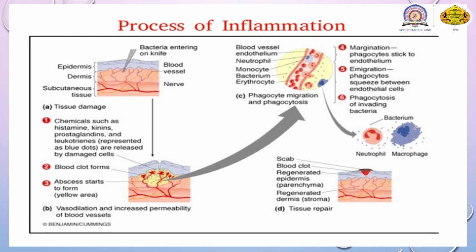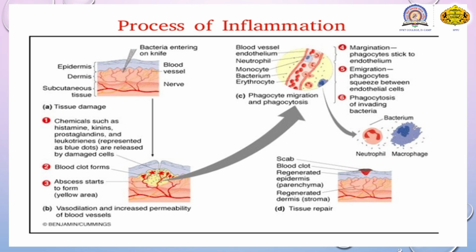And due to the chemicals secreted by the microorganism and by the chemical action of that knife, the vasodilation process takes place. The blood vessels supplying blood to the damaged tissue area have phagocytes present in them, which start to migrate. During migration they stop their movement and adhere onto the endothelium, the inner wall of the blood vessel. After that, whatever gap is present between them, extra vasodilation takes place.